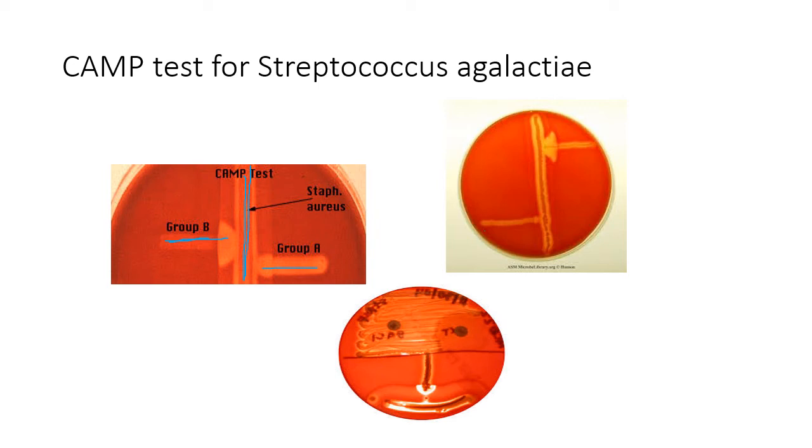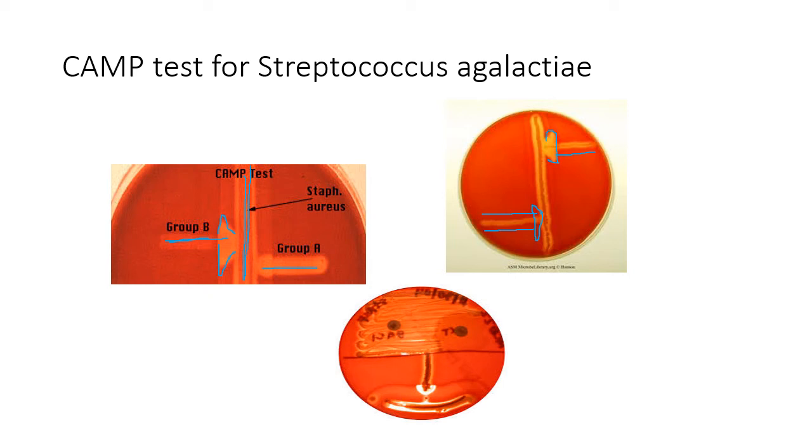You can see it very clearly here, one strain and the other, and we incubate it. The next day what we see is an enhanced zone of hemolysis if it is group B. Group B releases a CAMP factor, and that CAMP factor leads to further enhancement of hemolysis, and this test is called the CAMP test because it tests for the presence of CAMP factor seen in group B. Group A strep is beta hemolytic, but it does not lead to any enhancement, so it is negative for CAMP, and this one is positive for the CAMP test. So this is group B.